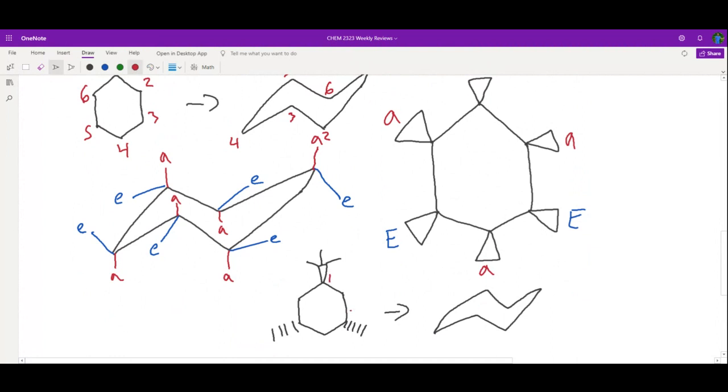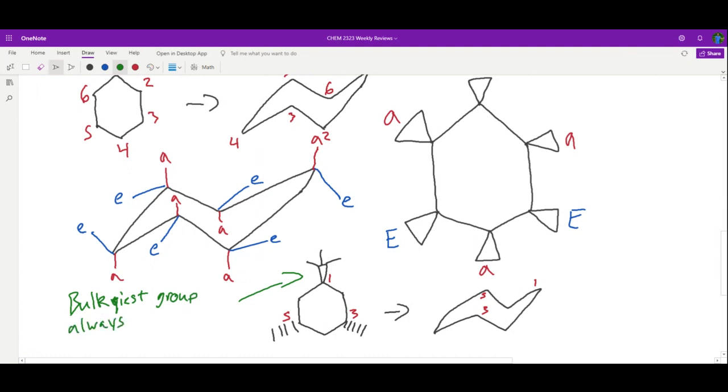So this is carbon 1, 3, 5. I always want my bulkiest group